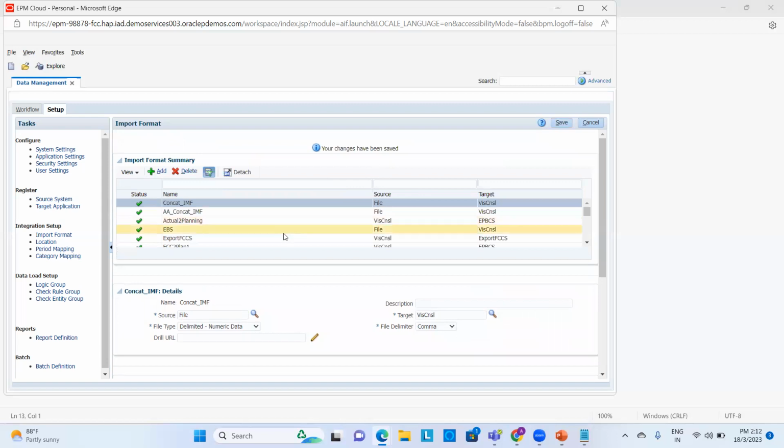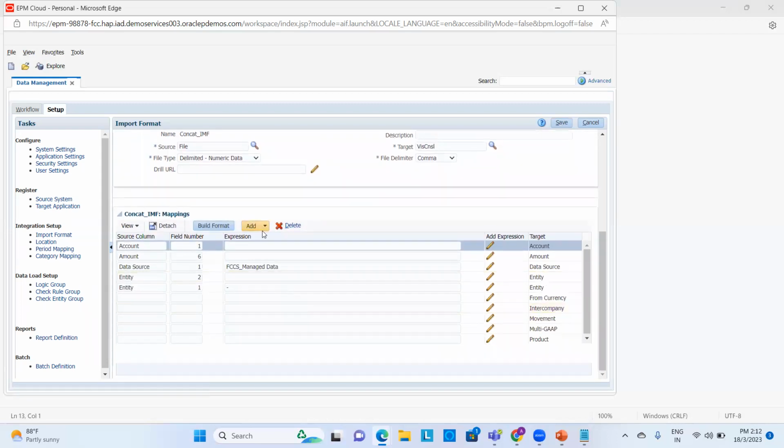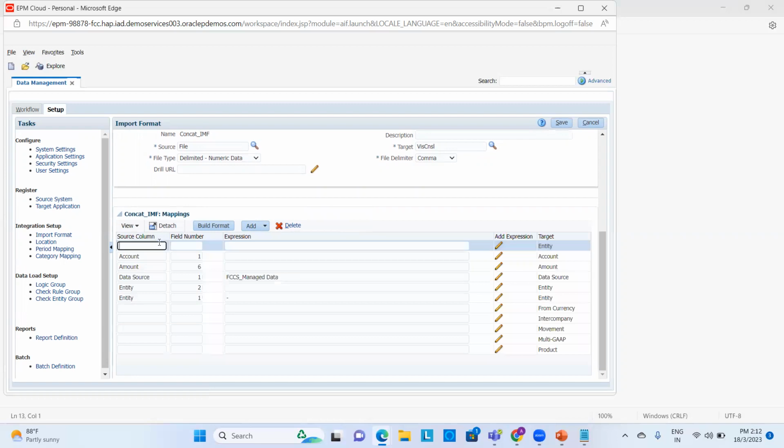Now again I will add the row, dimension row, and again I will select entity. Okay, now entity,